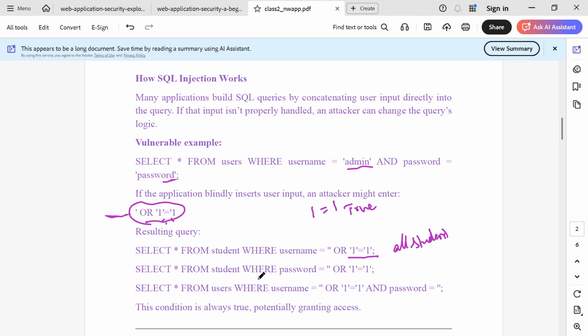Similarly, if you are giving a condition where the password is also blank, we are not giving any password, we are just giving single quotes two times, and then we are checking with the condition 1 equal to 1. So here also 1 equal to 1 is true, here also 1 equal to 1 is true. So it will also display all the students. And if you execute this particular statement,